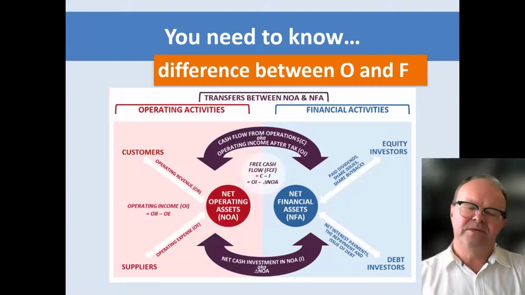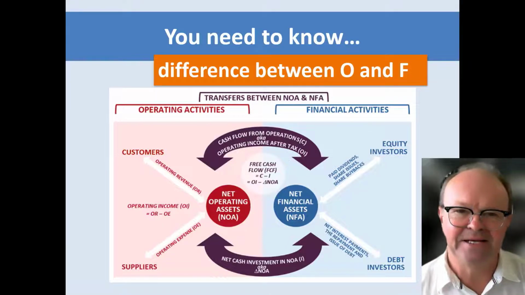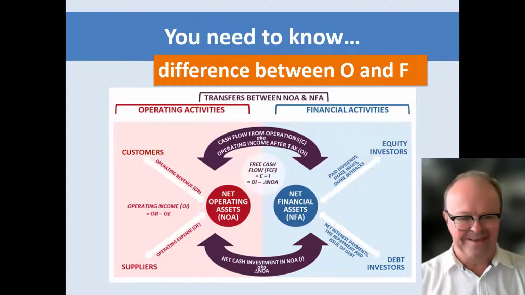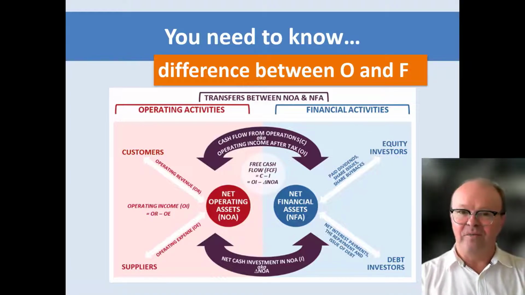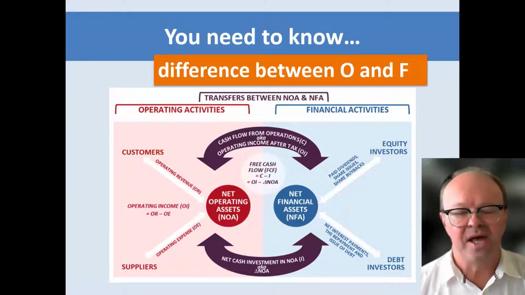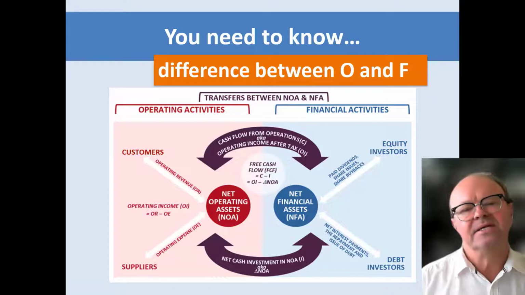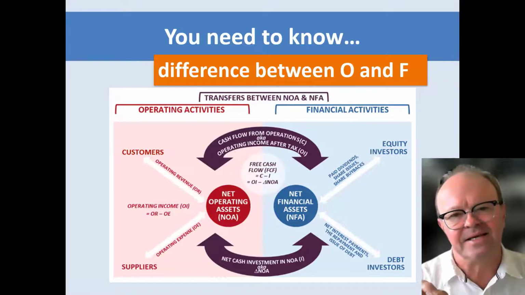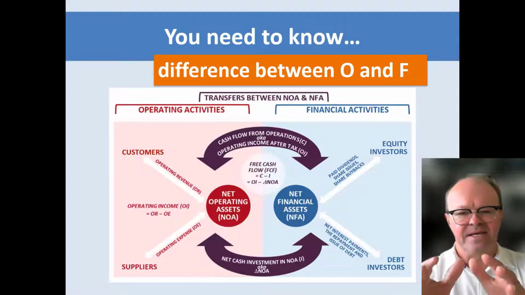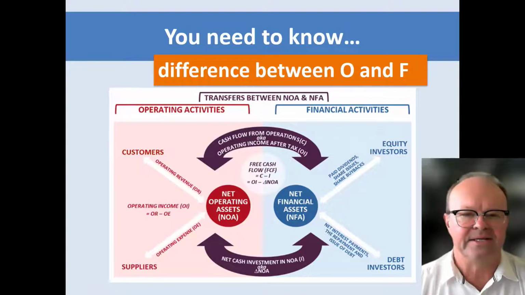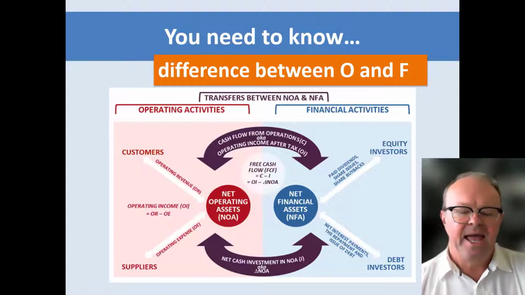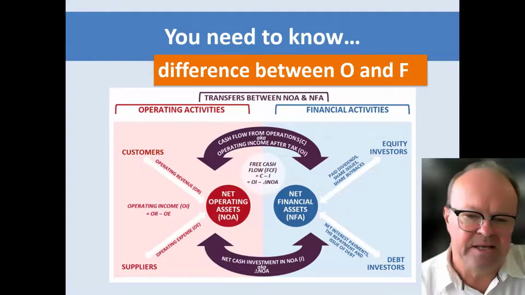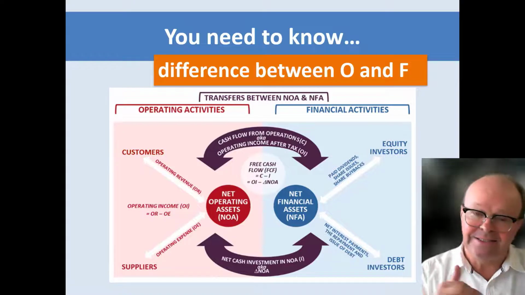So we can view our firm as having separate operating and financial activities, but of course, the firm's actually just one firm, isn't it? Whenever we break things up, it's really still just one firm. So there are a lot of interactions going on between the operating and financial activities. And in this chart, you can see Rebecca's got the transfers between net operating assets and net financial assets. At the top there, these are the interactions between the operating activities and the financial activities. In the top double, it's a double-headed arrow because money is going both ways,